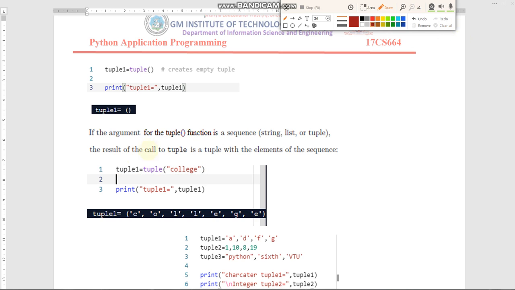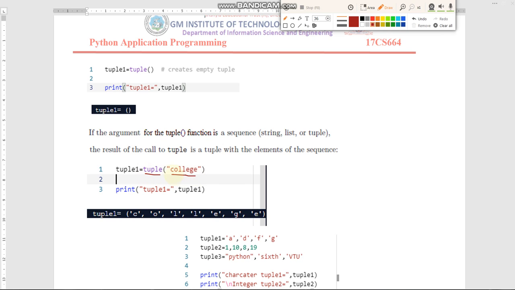Okay, so now see what happens. This tuple function splits the string into individual characters, and each character will become a tuple element of this tuple variable. That is how tuple with a string parameter works.